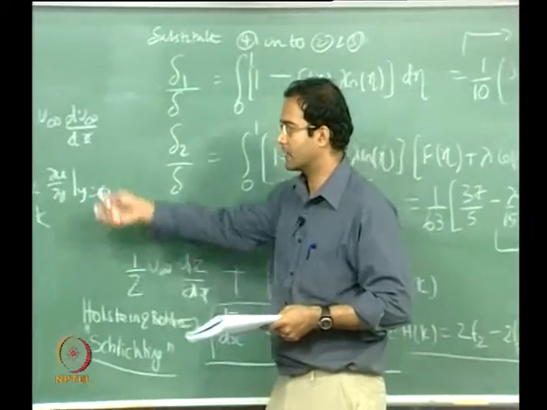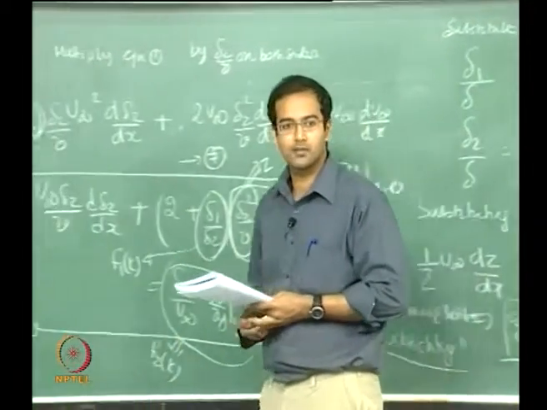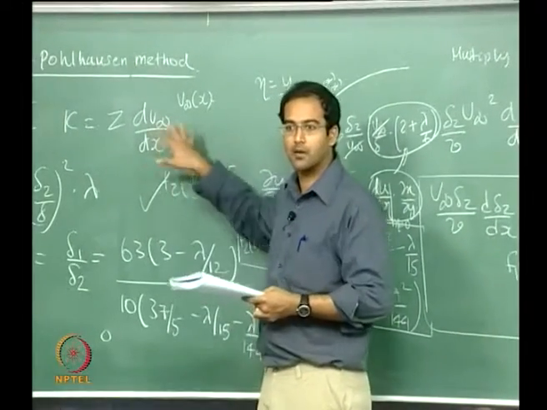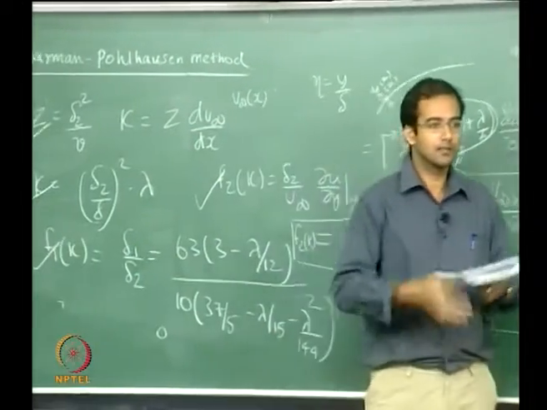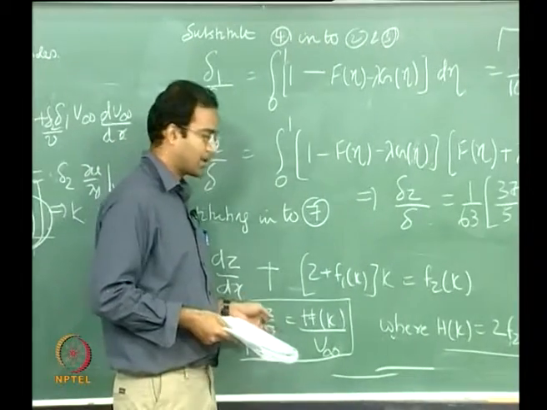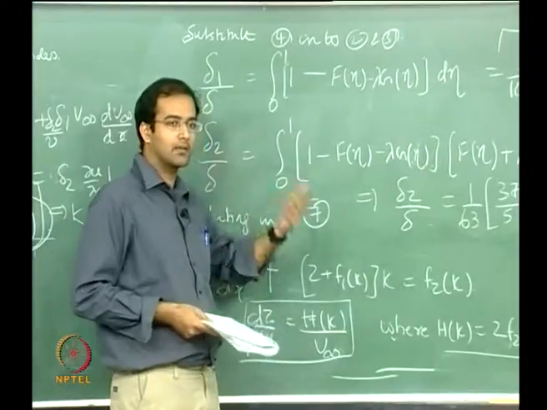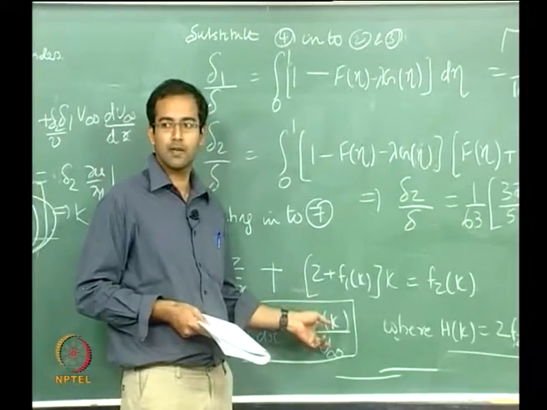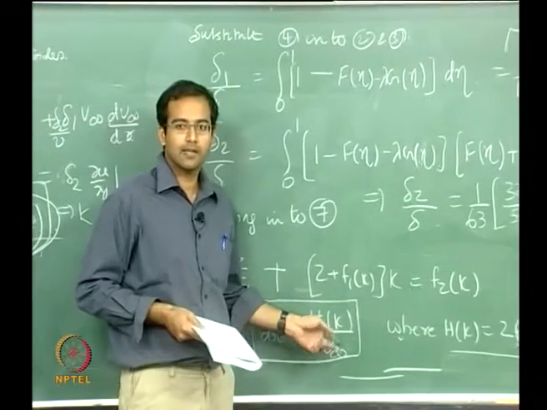In fact you yourself can do that as a very nice exercise. This is not difficult. You take values of lambda between minus 12 and 12, calculate all these parameters, and create a table. Once you do that, every time you solve for a new value of z and calculate a new value of lambda, you simply take the value of h corresponding to that lambda, that's it. Okay, so like that you keep marching.